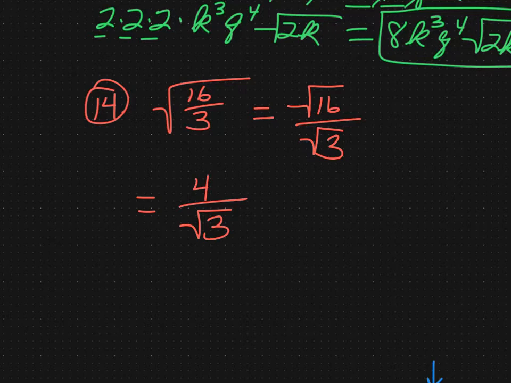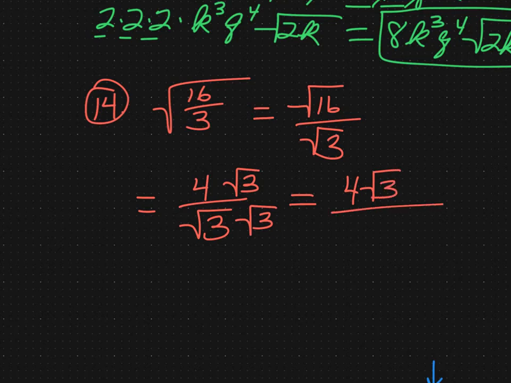The problem with it is, remember, a radical is not considered simplified if you have a radical in the denominator. So we can't leave the square root of 3. So we're going to rationalize the denominator by multiplying by the square root of 3 denominator and numerator, which would have given me 4 times the square root of 3 in the numerator, and then 2 square root of 3's give me a 3 in the